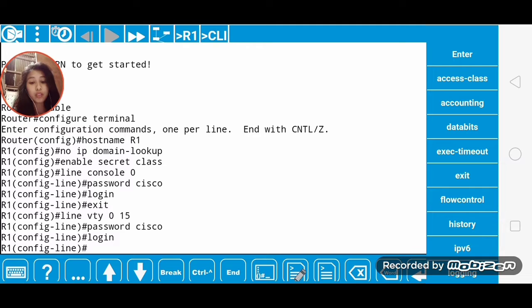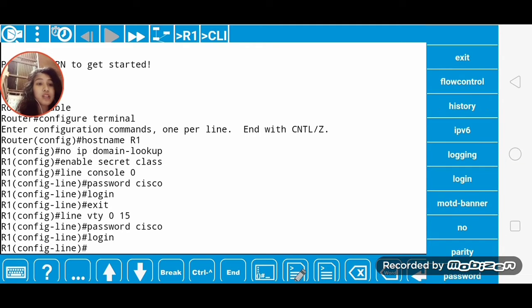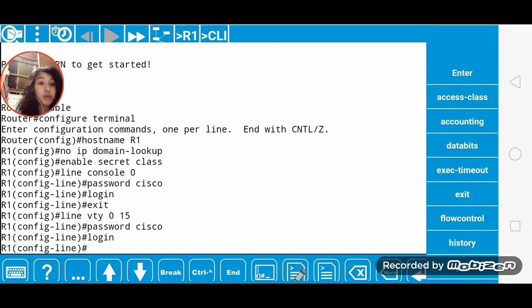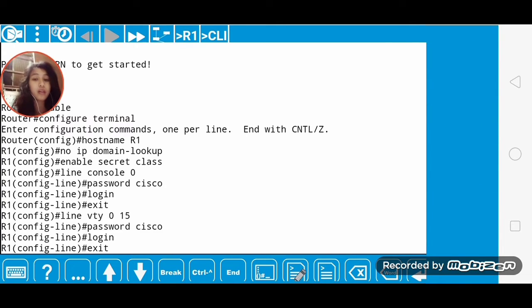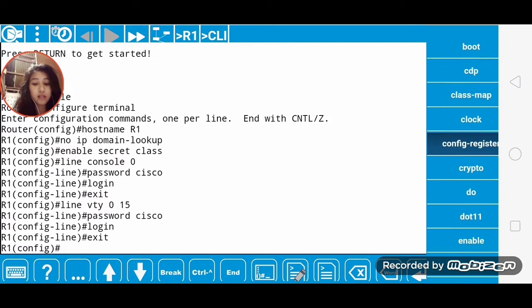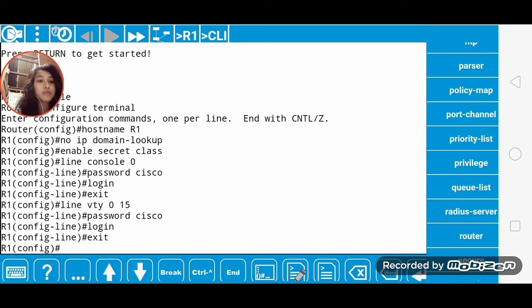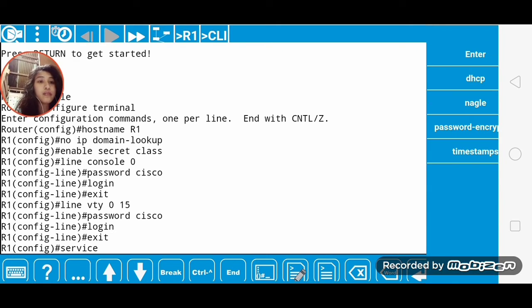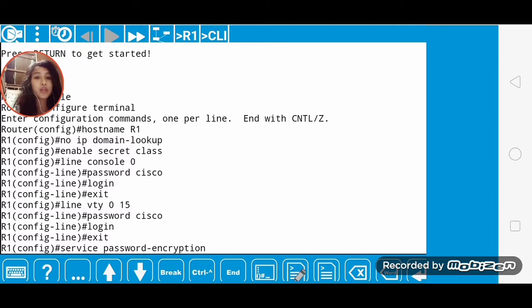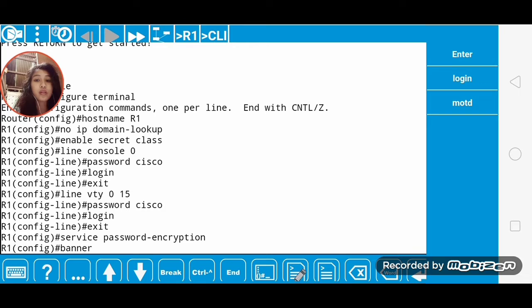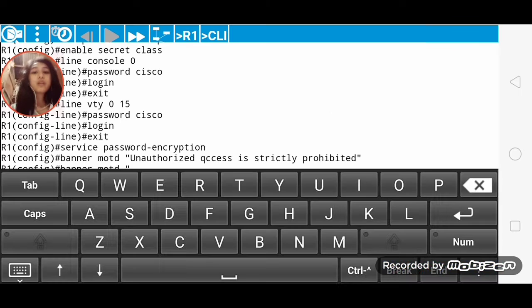So after that we're going to encrypt plain text passwords. So service, oh, we will exit first, and service password encryption, enter. Okay, and now we're going to assign the banner MOTD. So the MOTD,